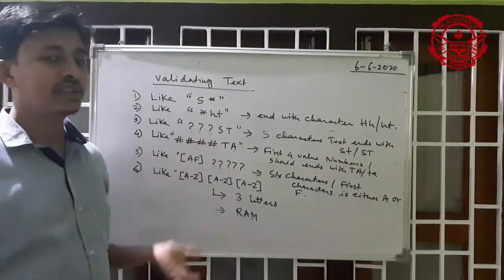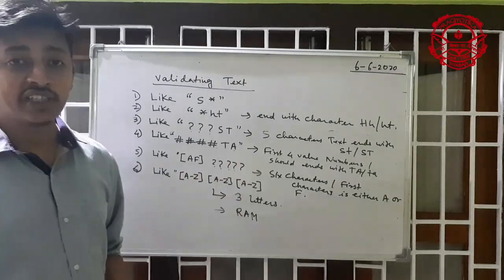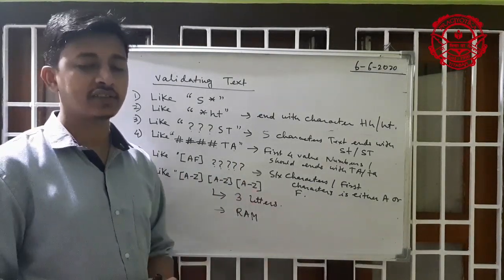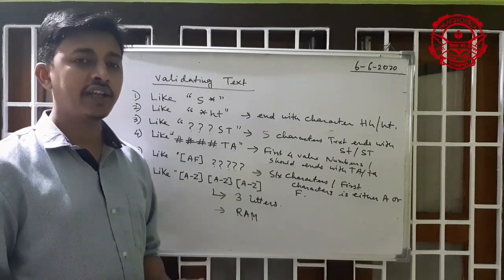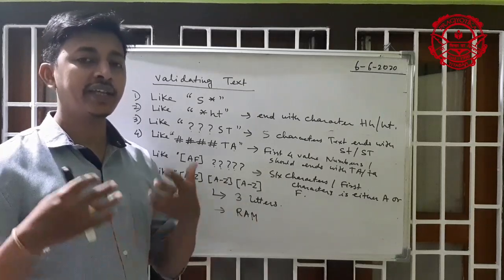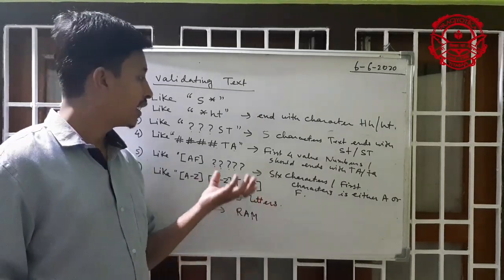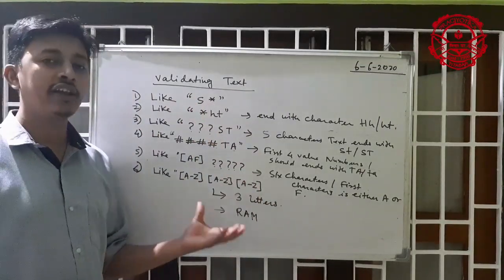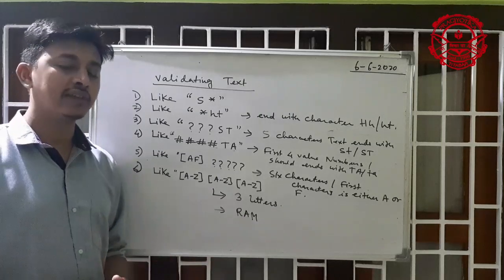I think you understand these things now. Today, data validation on numbers, date and time, and also on text. So we can validate any numbers, any date and times, or any text. Okay. So in this way we can validate any field.